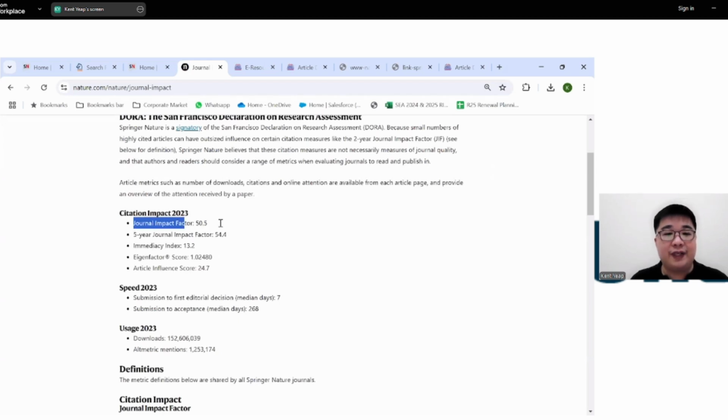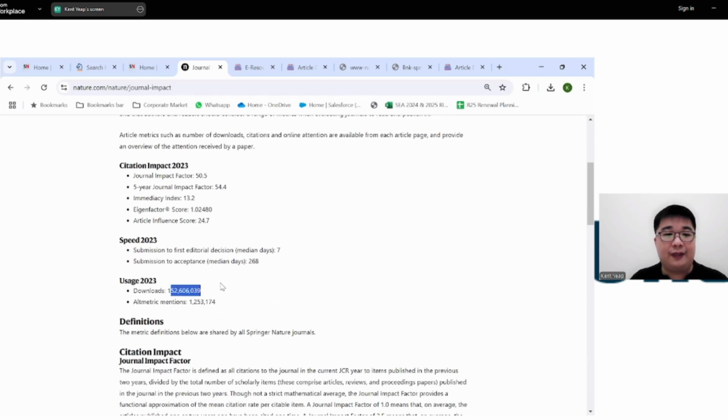So you can see its impact factor is 50, although it's not something that Nature itself publishes quite a lot or talks a lot about, but I guess for us in this part of the world, this is something significant to bear in mind. And you can see its viewership is incredible. It's read by a wide demographic, and not just people specific to certain groups. It also has an incredible Altmetric mentions score in just the year of 2023, so it's being heavily discussed outside of the traditional academic sector or universe.